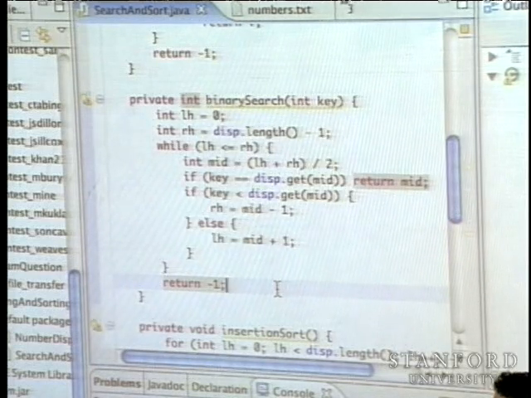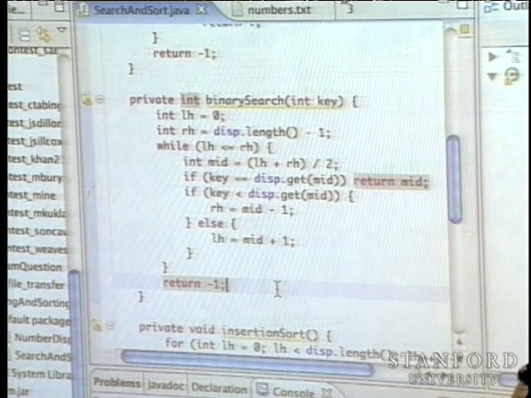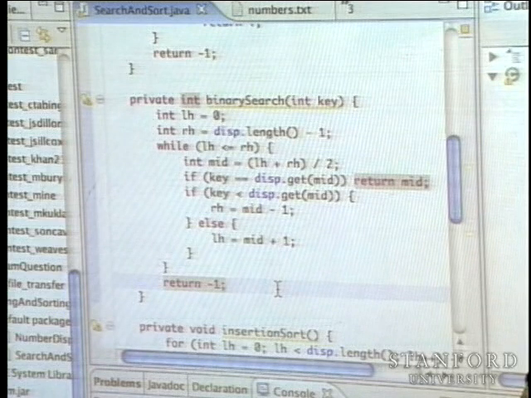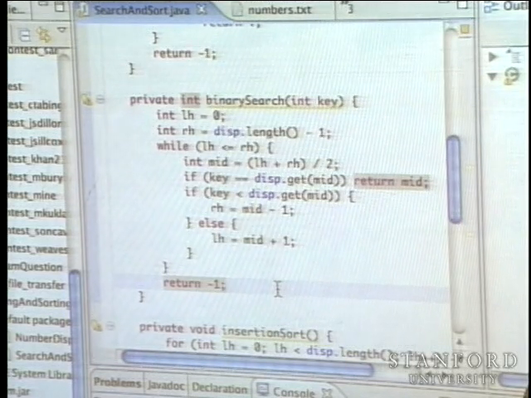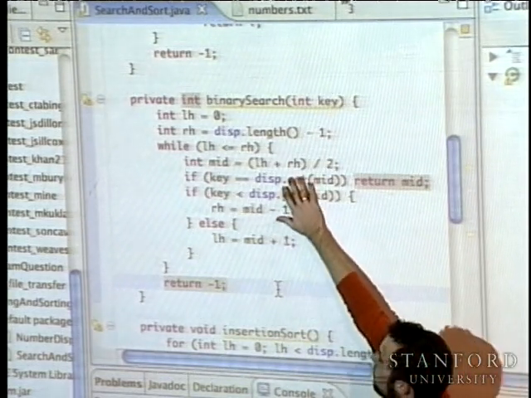Now, searching is such an important operation and is so often needed for very large data problems that, talking to people in industry who have to do a lot of searching, you may hear someone say that there's a bug on this line.